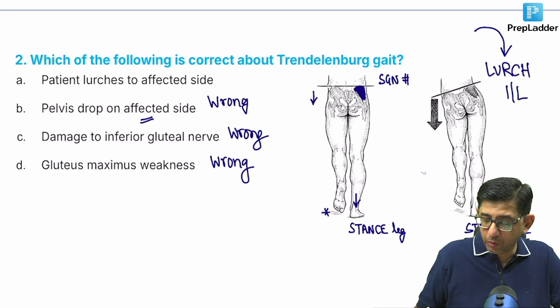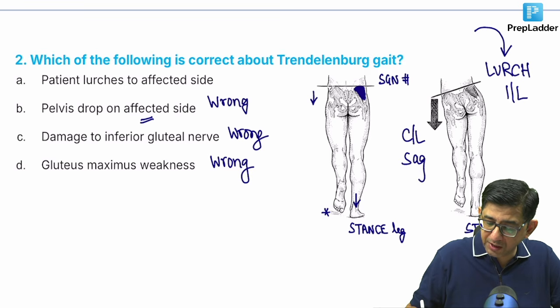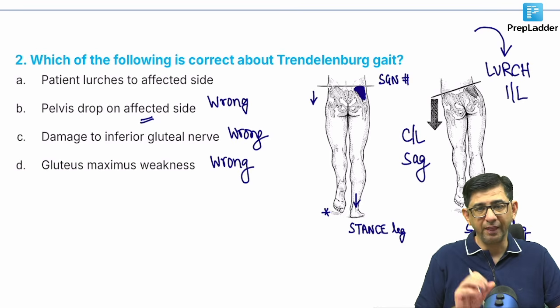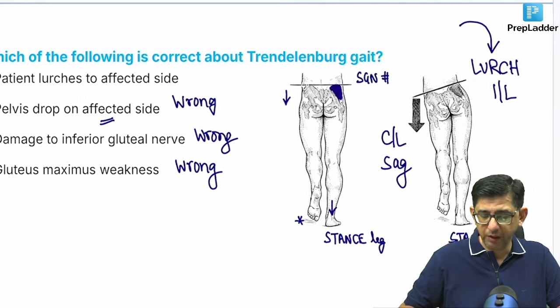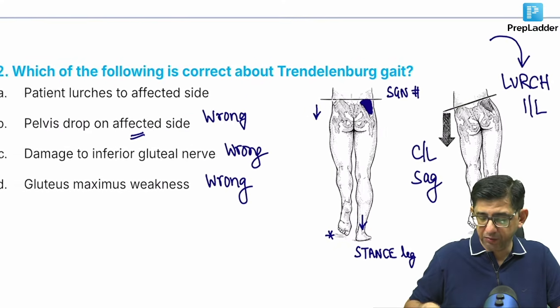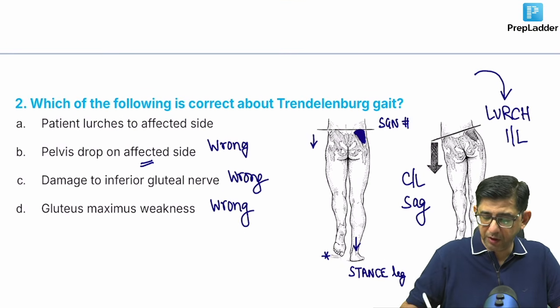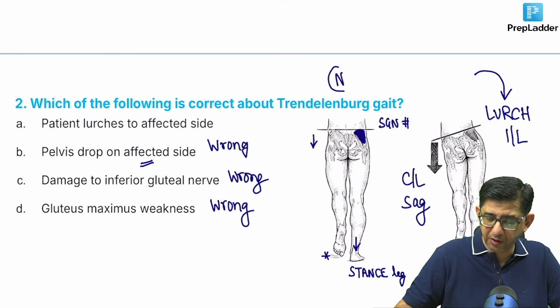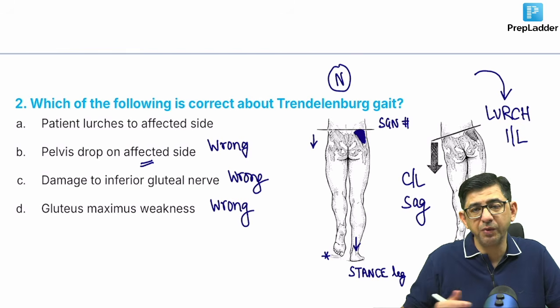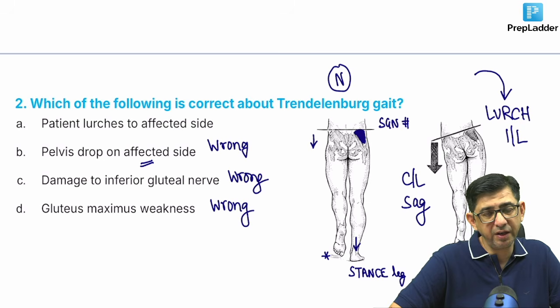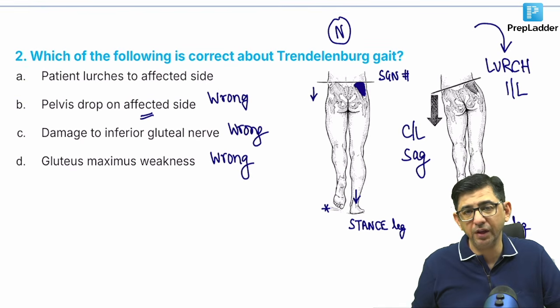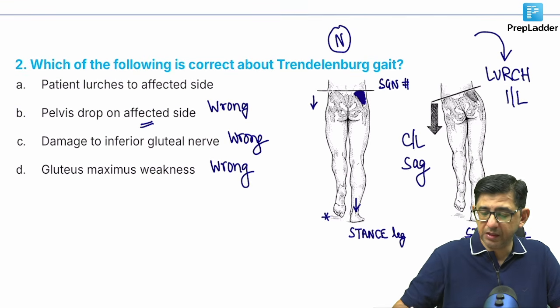You do not have to do this with a mnemonic or a shortcut, you have to do it with logic. Let's do this again. Let's invest 30 seconds into understanding. In a normal individual like you and me, when we stand, if I focus on this particular diagram, this is for a normal person, then the sag of the pelvis is prevented by the contraction of the muscle. If the muscle is weak, then the pelvis sags on the opposite side, as you can see in the line diagram. Now to maintain the CG, what is it?